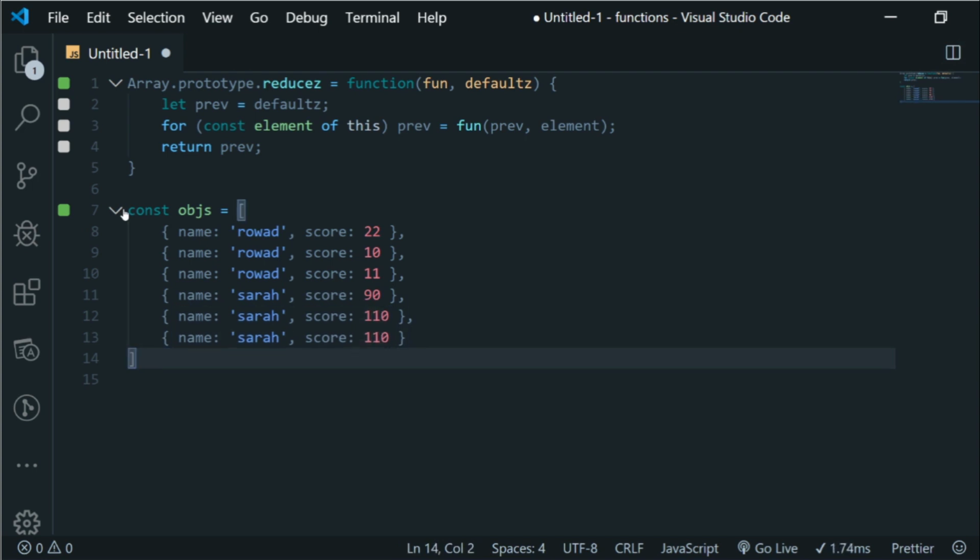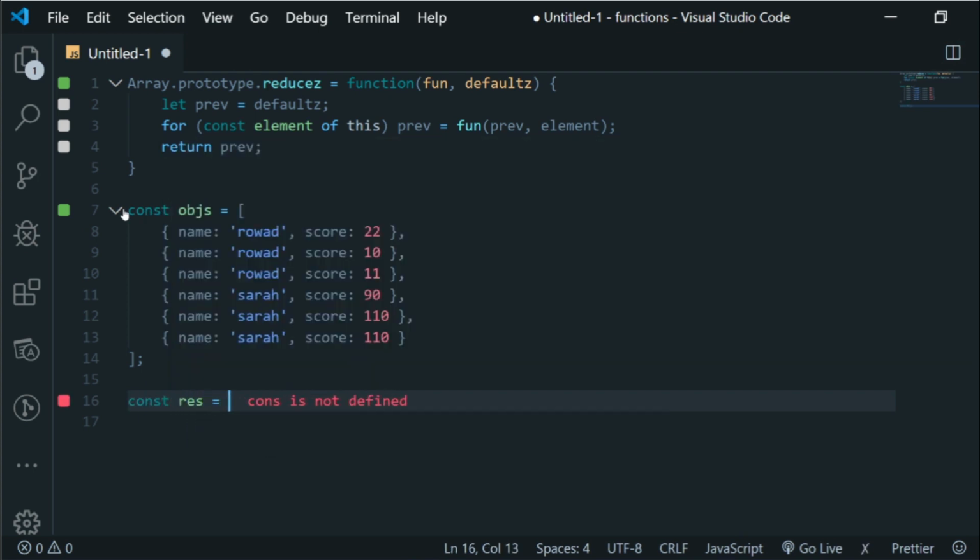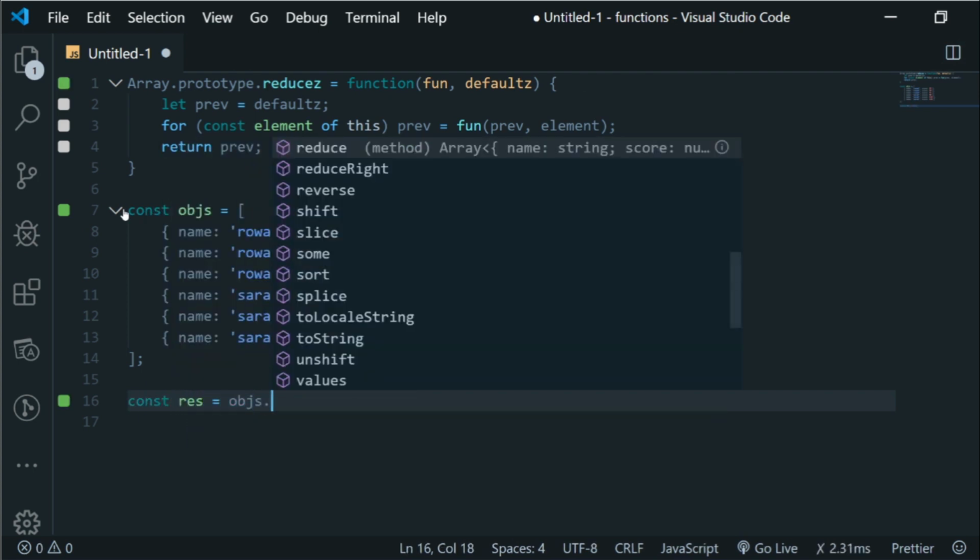So what I will do is use our reduce function to reduce this array into a single object that contains the sum of the score for each name. In other words, I will group the data by name and aggregate the group data by summing the score using the reduce function. So const res equals objs.reduce